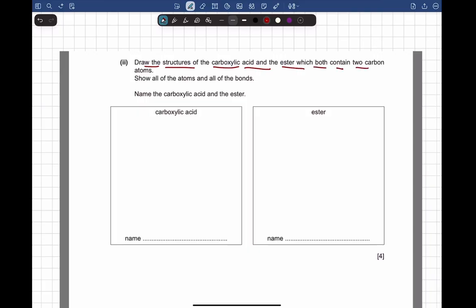Interesting. So they're asking you for a carboxylic acid with 2 carbon atoms, that is ethanoic acid, right? How do we draw it? You put 2 carbons, COOH, then hydrogen, hydrogen, hydrogen. Done. Ester,